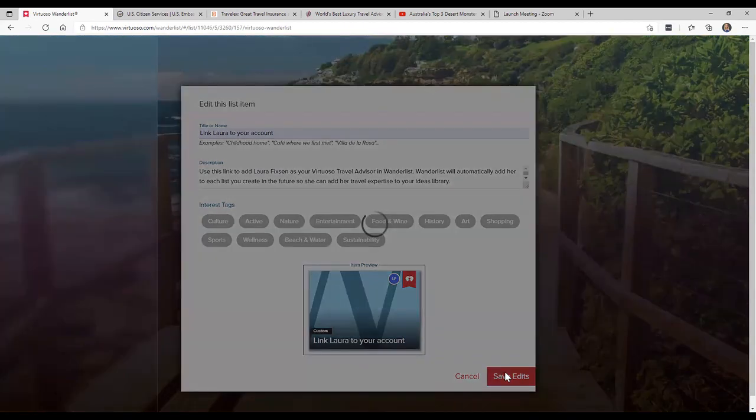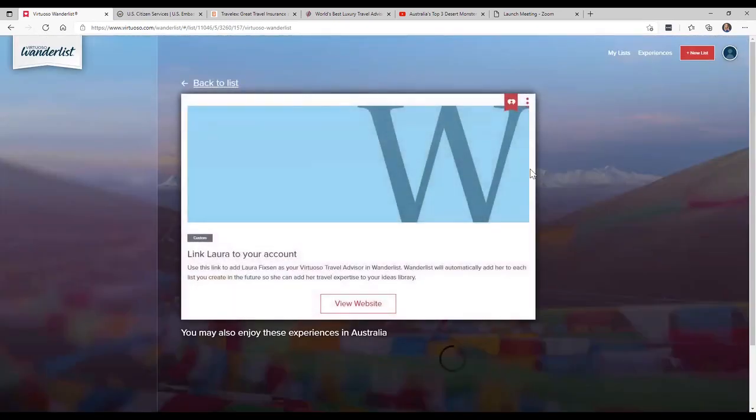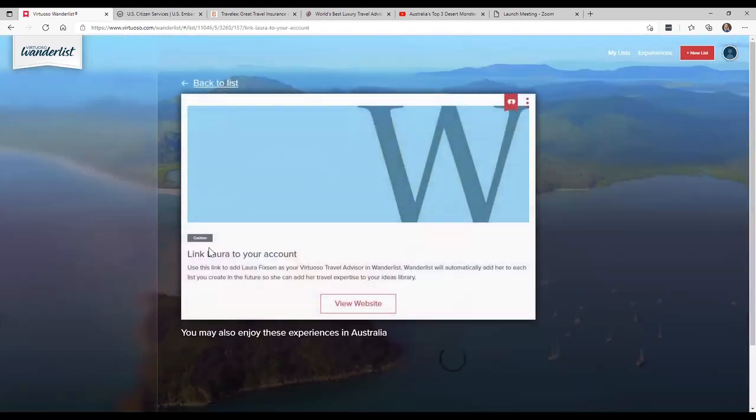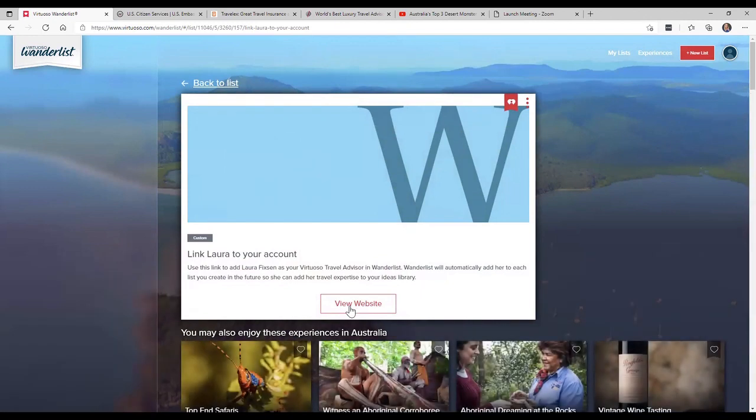So here's what happens for a client. When a client or a prospect is in this list and they click "link Laura to your account" and read this and they go, oh yeah, for sure, I definitely want Laura to be part of this, and they click view website, as soon as they click view website, bam, they're connected to you.